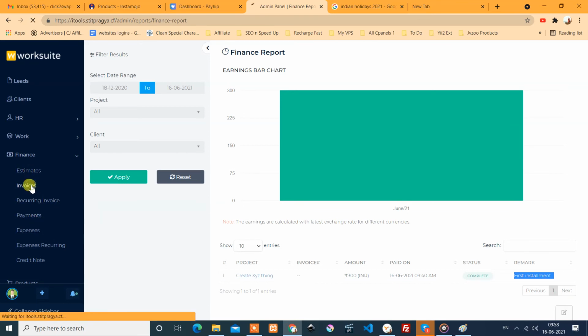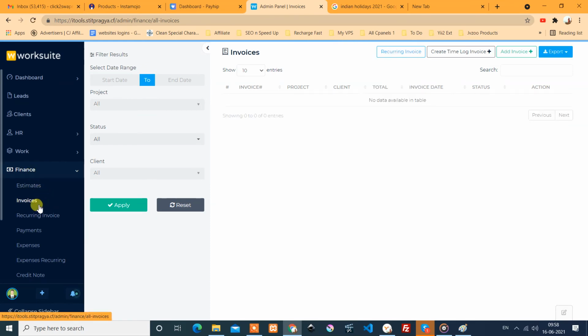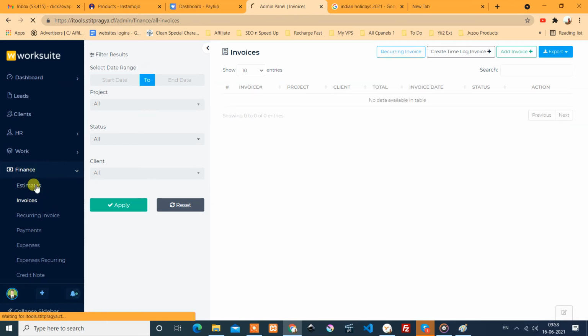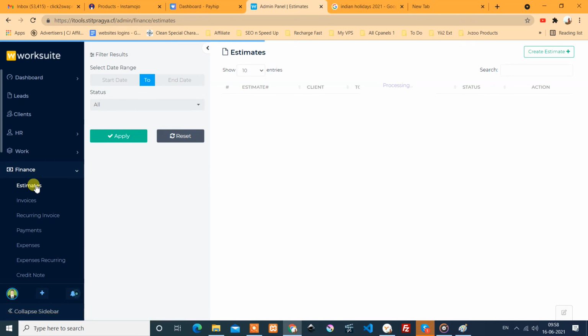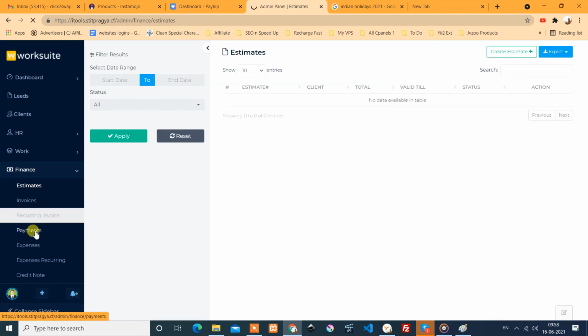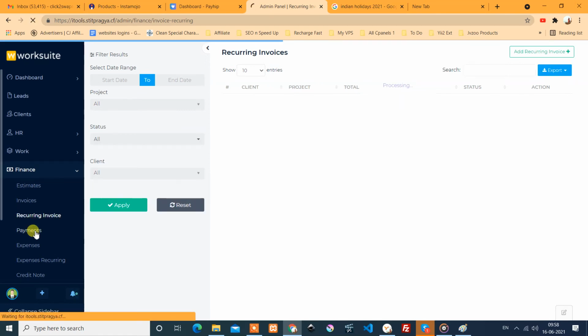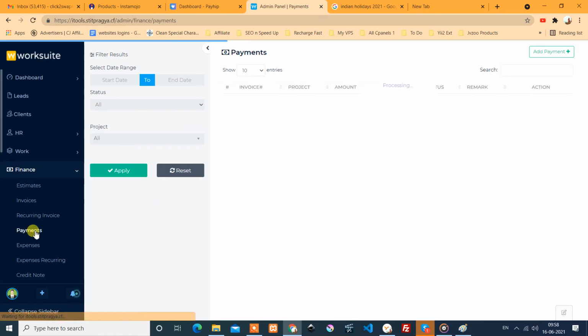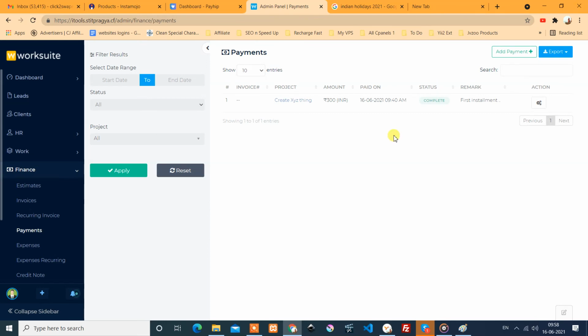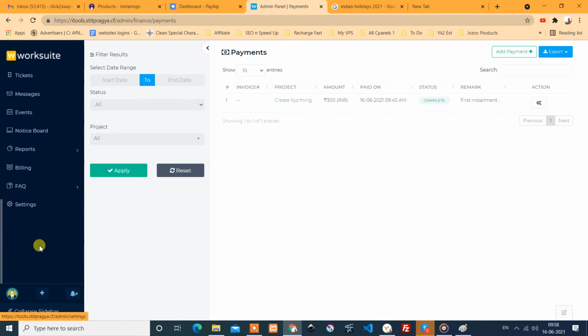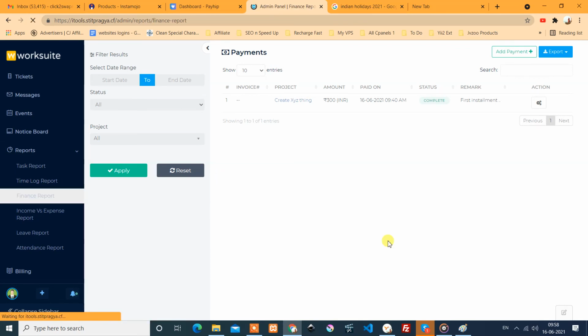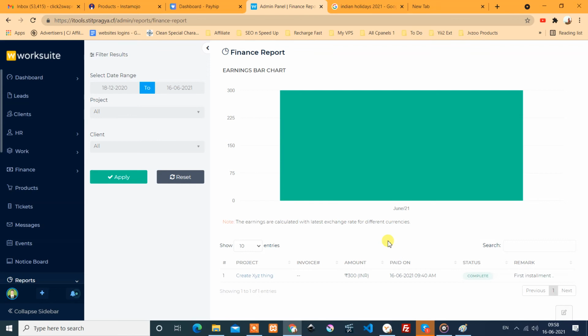Okay, I think in the estimate or invoice we have that. Let's check again. Not in there. Yes, we have done that in the payment section, and all those payments are shown in the finance report here.